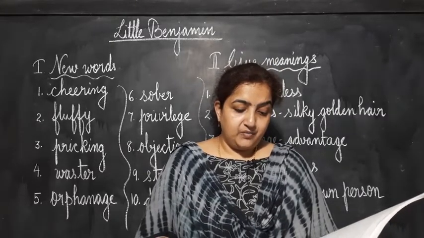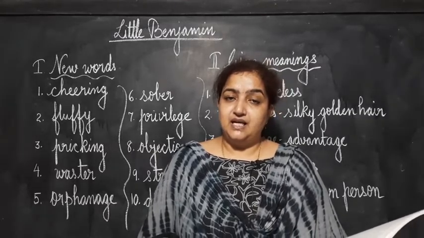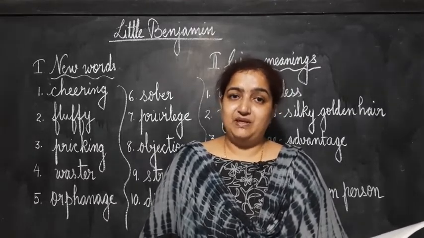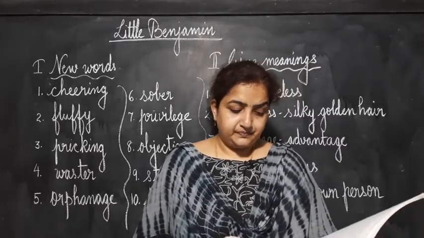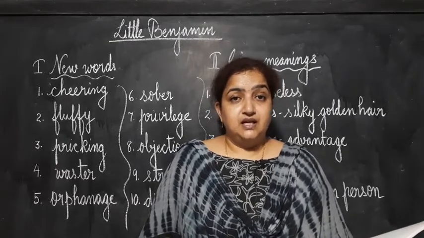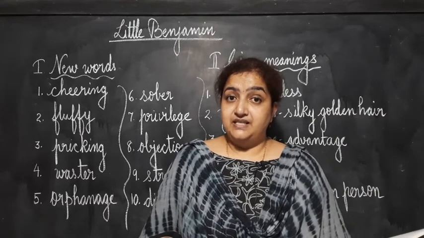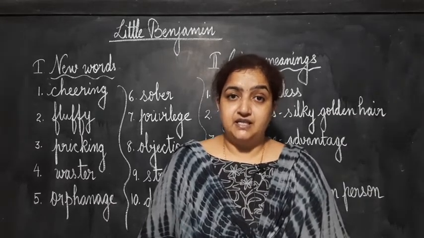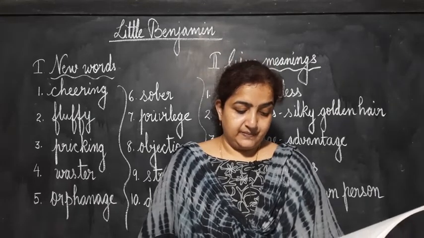What did Ruth and Mary want to do with the baby? They wanted to keep the baby. Mary and Ruth, they wanted to keep the baby. What did Mother Golden find in the baby's clothes? When she took the baby and checked the baby's clothes, what did she find? She found a note.